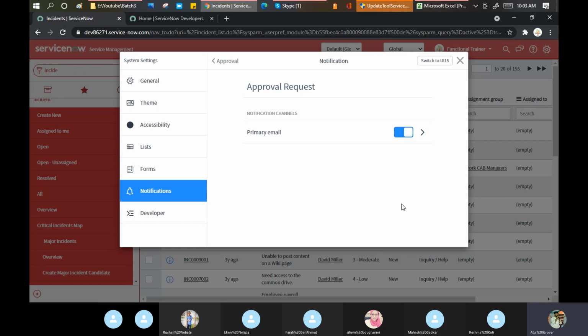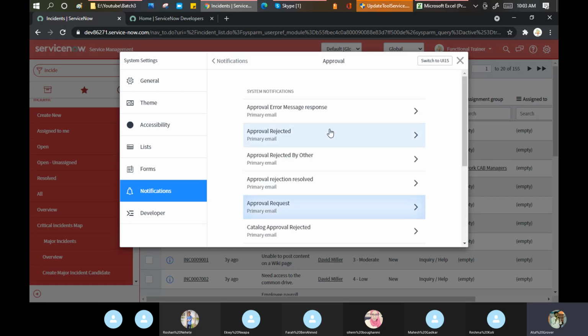Otherwise, it should not. So this is another place where you as a user can do the personalization. It will not impact any other user at all. Any doubt, any question, any clarification on this point?